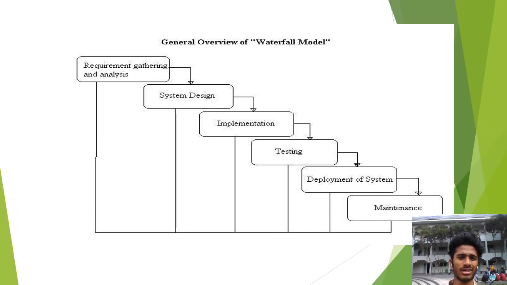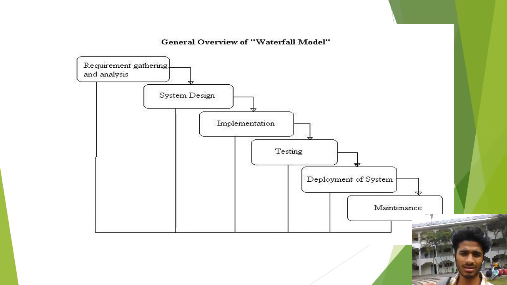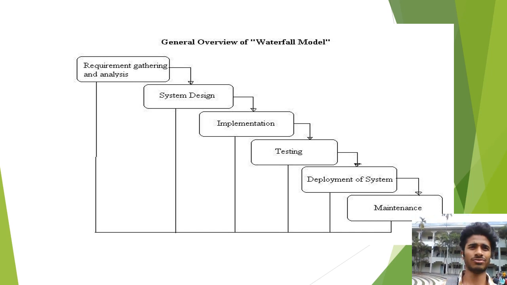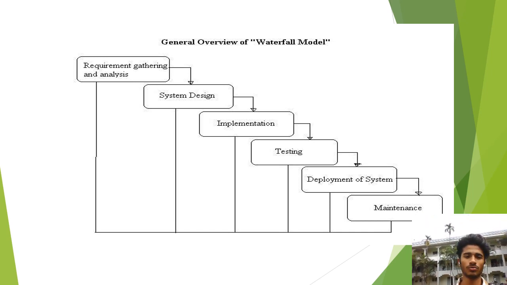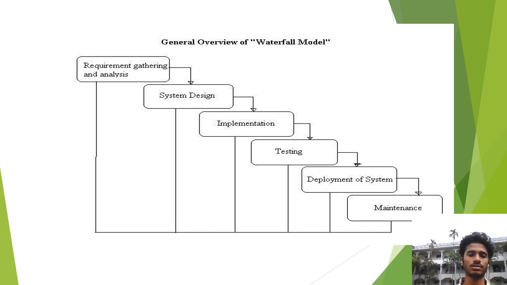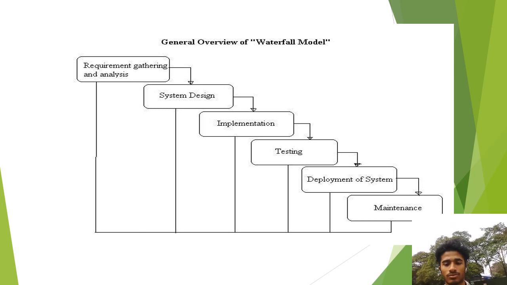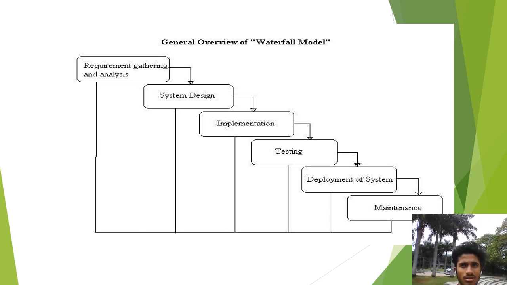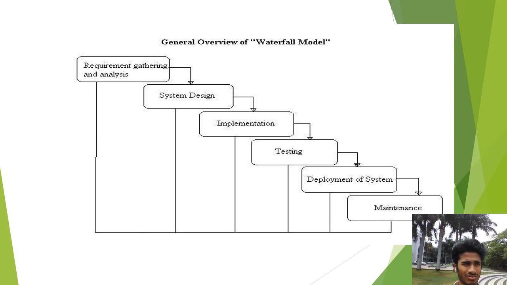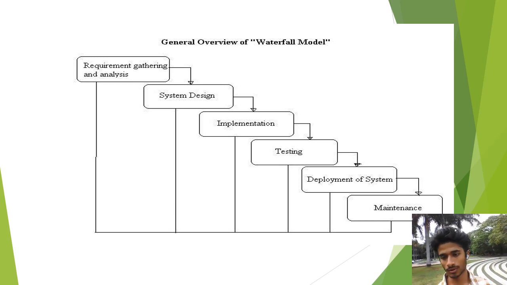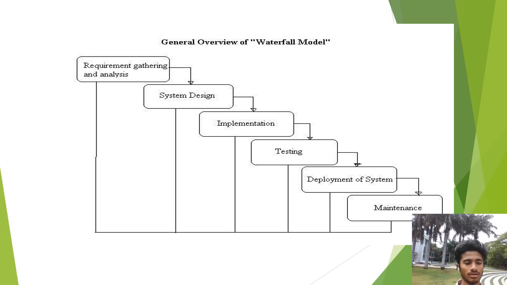So we have moved on to the next slide. Here we are looking at the general overview graph of the waterfall model. The first one is requirement gathering and analysis, then the system design, and then we are moving on to implementation, testing, then development of the system, and then maintenance. So look at this flowchart carefully. Now we are moving on to the next slide to explain all these